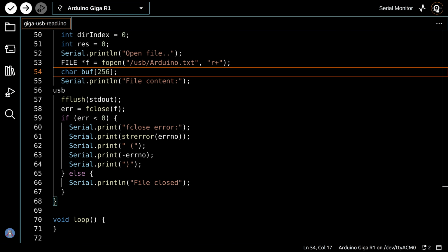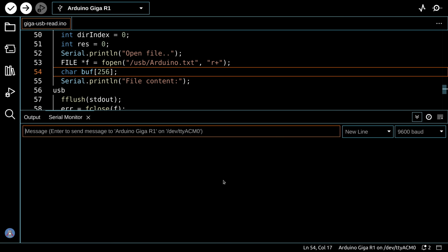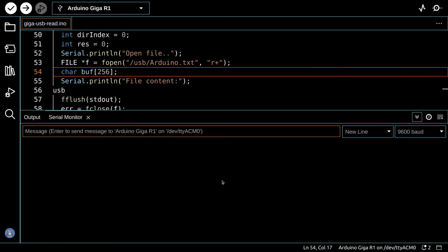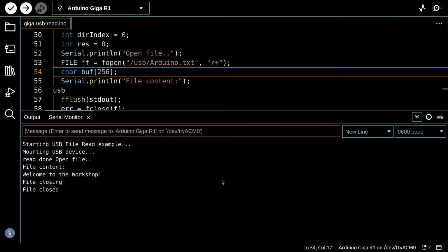And so I've loaded this already up to my GIGA, and so I'm going to open up my serial monitor, and I'm going to reset the GIGA, and we'll wait a second while it resets, and it should run. And there we go. We're starting the USB read file example. Mounts the device, it opens the file, and here's the content of the file. It says, "Welcome to the workshop," and indeed that was the contents of the text file arduino.txt,